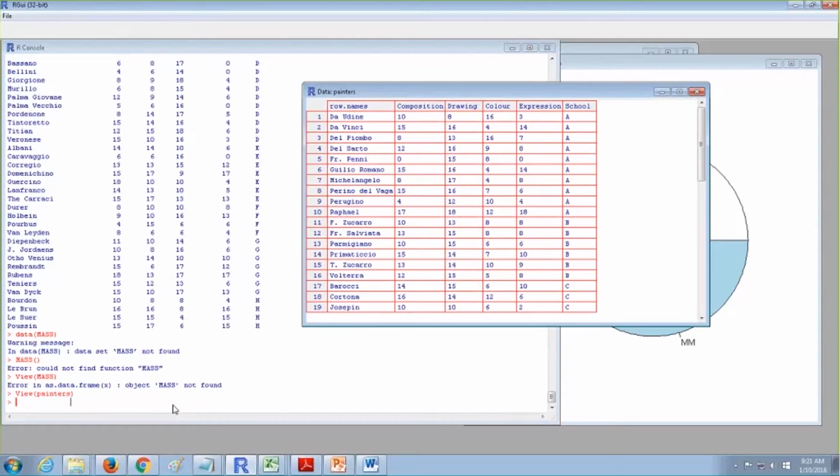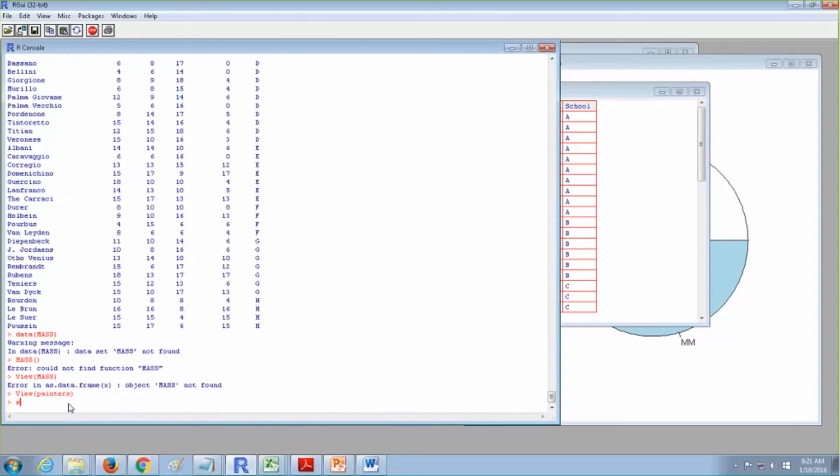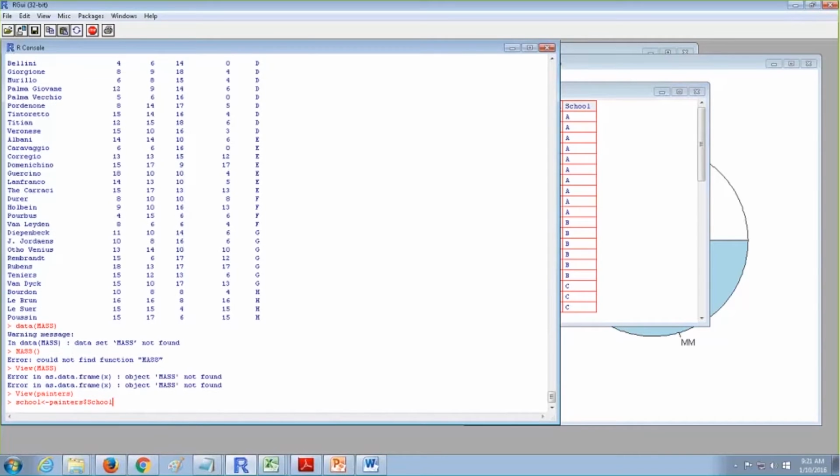In this example, I'll take Painters$school, this particular column, remove it, and make a separate variable called school.